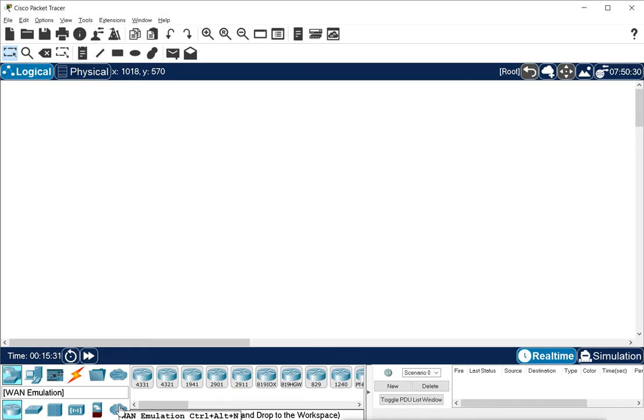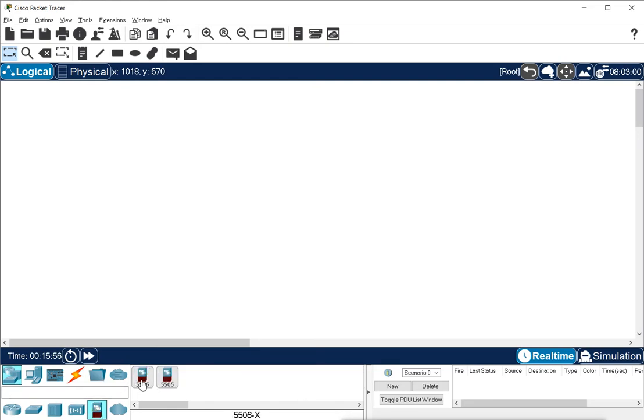When I click, the router is selected first and it shows different types of routers. When I select switches, it shows different switches. Selecting hubs shows different hubs, wireless devices shows the different wireless devices, security shows the security devices, and WAN emulation shows the WAN emulation.